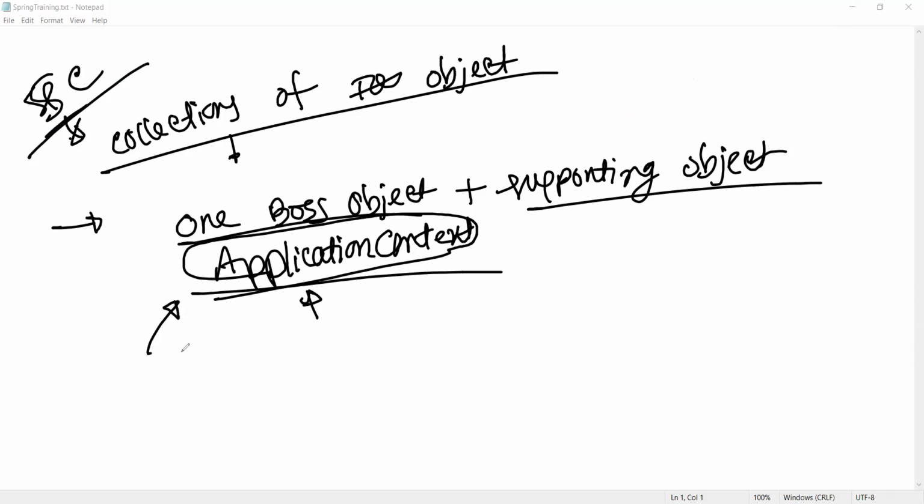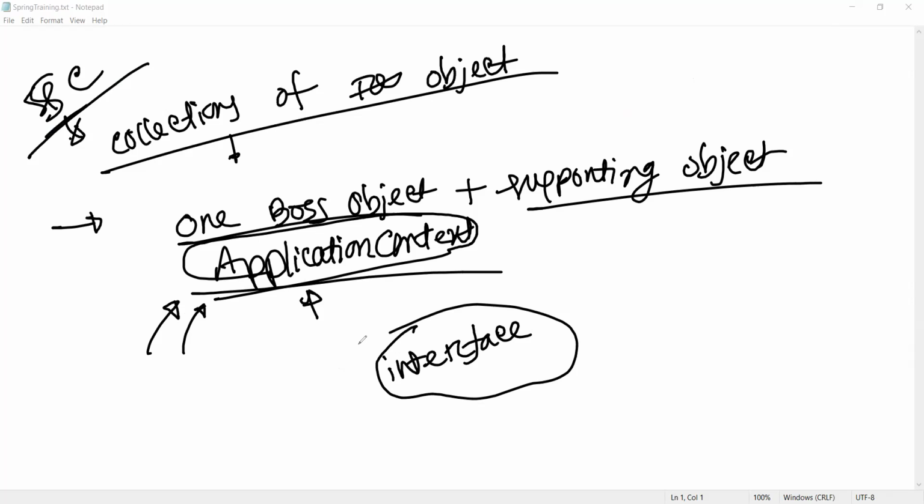Is it your doubt that we cannot create an object for an interface, right? If any interviewer asks you this question and you have confusion, they will not hire you.